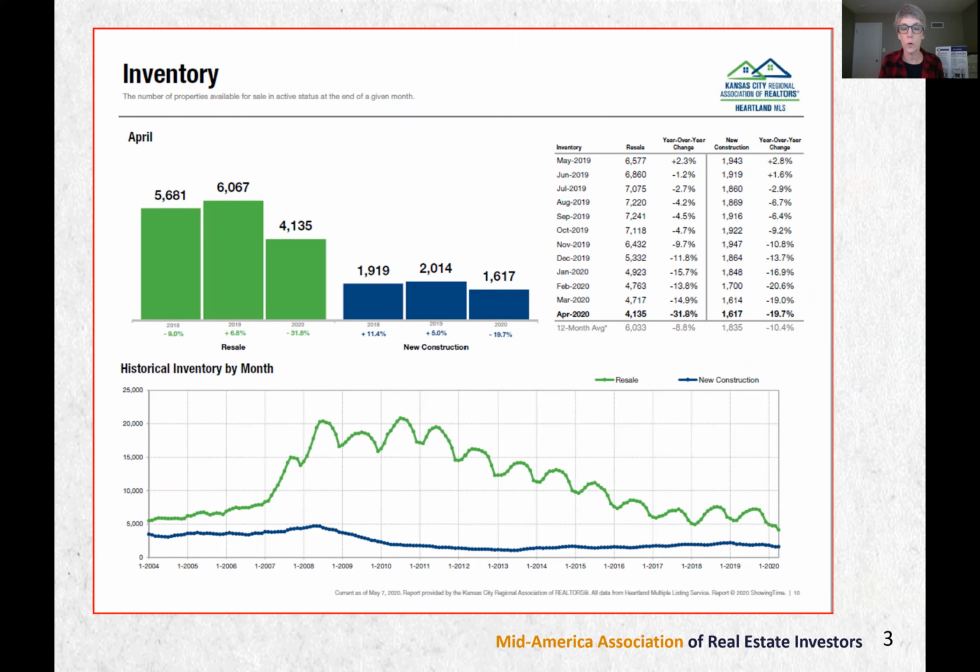Well, inventory, as you know, peaked during the last recession. This is 2008, this is 2009, and this is 2010. We pretty much worked our way through. We had a little bit more glut, and then we started coming down. Right then, those banks were foreclosing right and left on anybody and everybody.